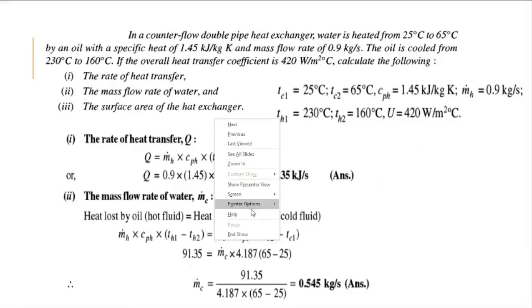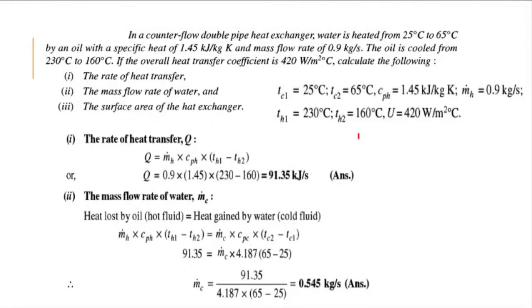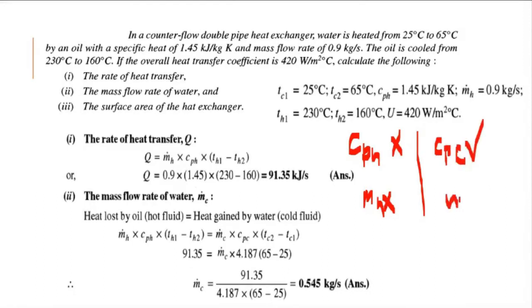Again, repeat the question. I'll just write it down. What I'm saying is, instead of the values of CPH and M dot H, they had given us the values of CP and M dot C. Okay, CPH is not given to you, M dot H is not given to you. Then instead, CPC and M dot C are given. Then do we just determine the value of CPH by means of the Q, or do we have to go to the data handbook for it?